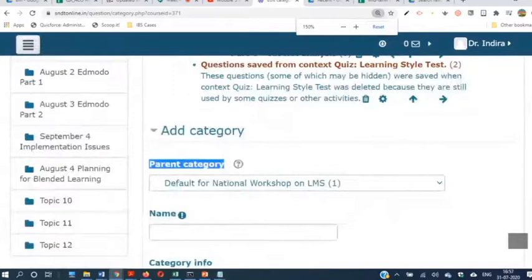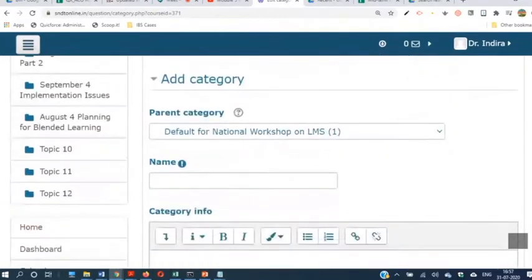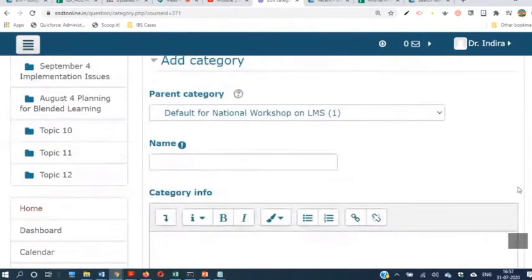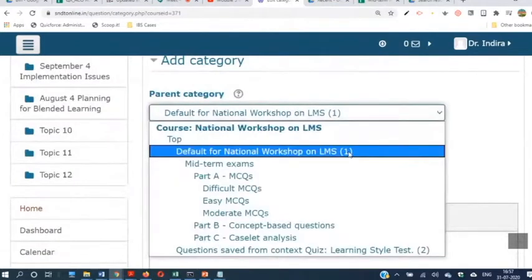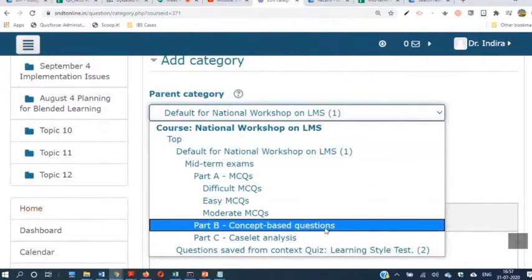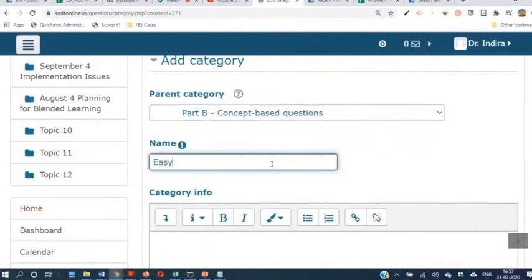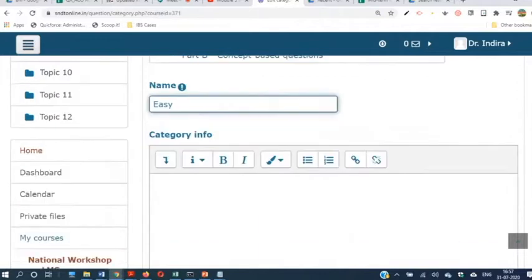Here you can see the parent category is taken as the default category. But I want to create under Part B, concept-based questions. Again, we would like to classify into easy, moderate, and difficult. Whereas coming to Part C, I am not going to classify, because only 1 out of 3 they'll create.